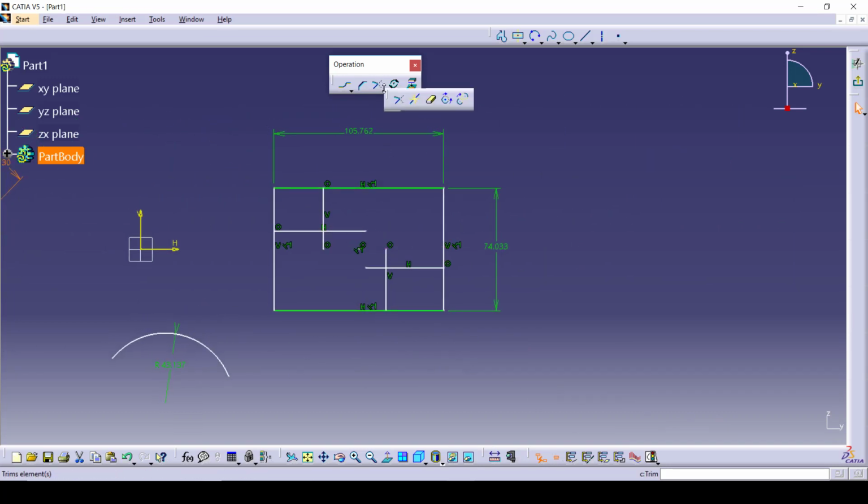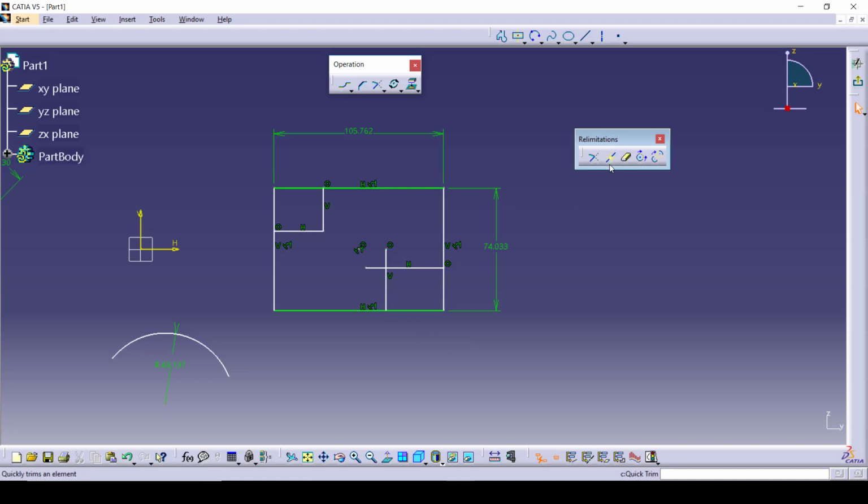Next is trims, or we can call it the relimitation toolbar. From relimitation toolbar we can use trim. Trim is a very useful operation because it will keep the required segment and remove the unwanted segments. For example, from these two segments, if I don't want these two parts, I can use trim. Select whichever side you require from the segment, same way on the other segment. So you got trim. So this is trim.